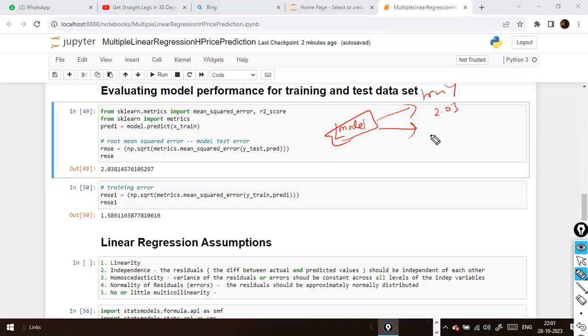Let's take the same thing, and on the test data set, when I apply this model, what is the error? This is your root mean squared error. This is my training data, test data. Here I'm getting, let's say, 2 or 1.98 RMSE, root mean squared error. That means when I apply the model on the training data set, this is the root mean squared error, and on the test data it is also somewhat close by. So my model error is more or less the same, even if I apply it on the training